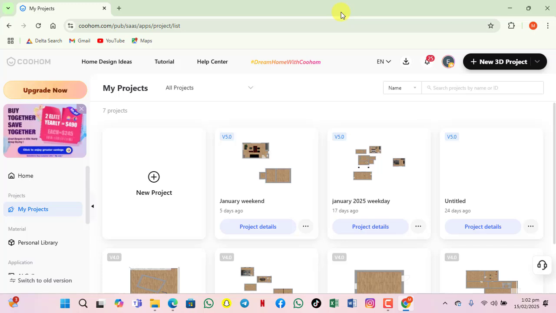But if you are asking for an interior design software tool, the best out there on the market is Cogom. The others are 3D artist tools. Let me explain the difference. If you ask me to use 3D Max or SketchUp or Rhino or Blender or any of those to